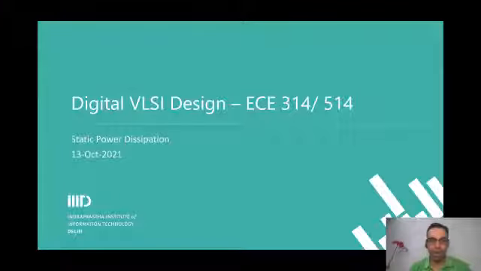Sir, I have a question related to the assignment. Please tell me. Sir, when I am measuring the leakage current, I want the inputs to be stable, so I am applying 00, 01, 10, 11. For different inputs, there will be different leakage. But at some points when I am noting the value, the leakage current value is coming out positive and then also negative. So is it related to the accuracy of the tool or the precision of the tool, or what is it?